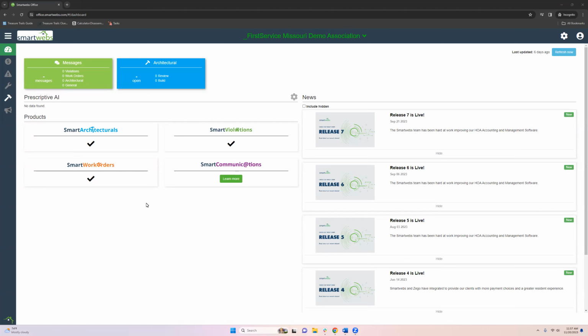And there's two different ways we can do this. The first way is just going on and logging on to our office site. The second way is through a link that you're going to get in an email, and I'll show you that later on. So we're going to go ahead and assume, just for this training purposes, that the project has already